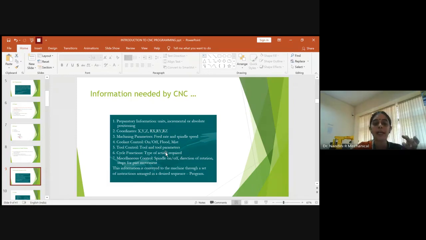So what you have to select, those are nothing but the tool parameters. You should be able to select a proper tool and its parameters for that specific operation you have to perform on the given part, and the number of cycles of function needed. Suppose to complete the shape of a given component, you need 3 to 4 operations. All these operations have to be done one after the other within the given cycle.